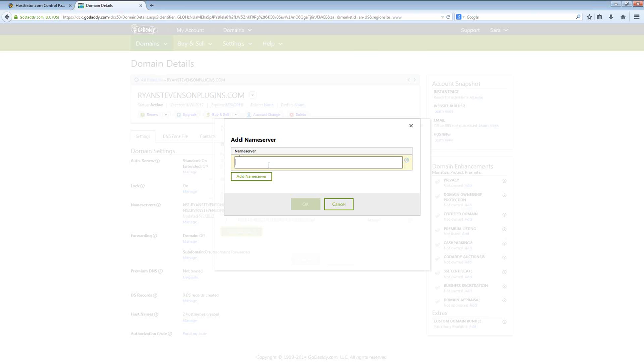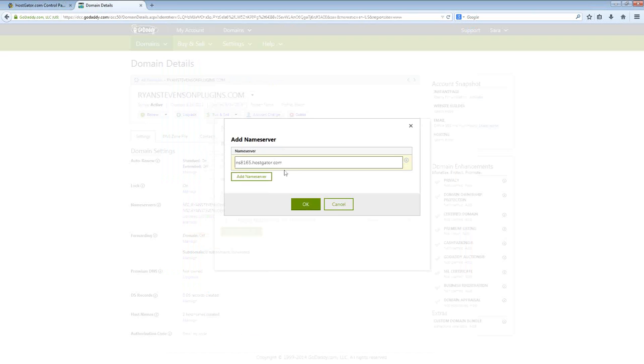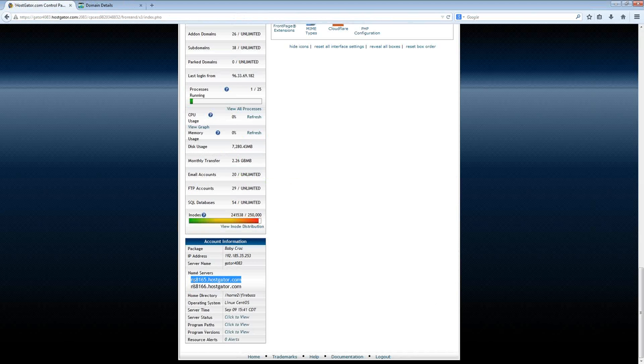So in this name server box, you're going to be putting this information, but you just put it one line at a time. So I would have ns8165.hostgator.com, and this would go in here, and I click on OK, and then I repeat the same process with